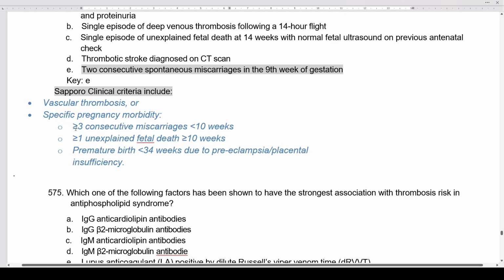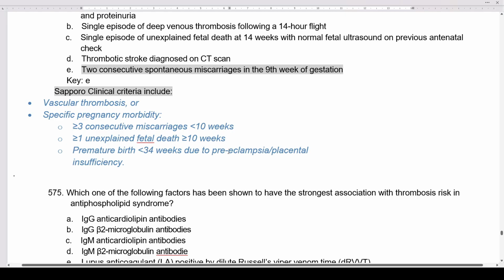She must have three or more consecutive miscarriages less than 10 weeks. Or one or more unexplained fetal death of more than 10 weeks. Or premature birth less than 34 weeks